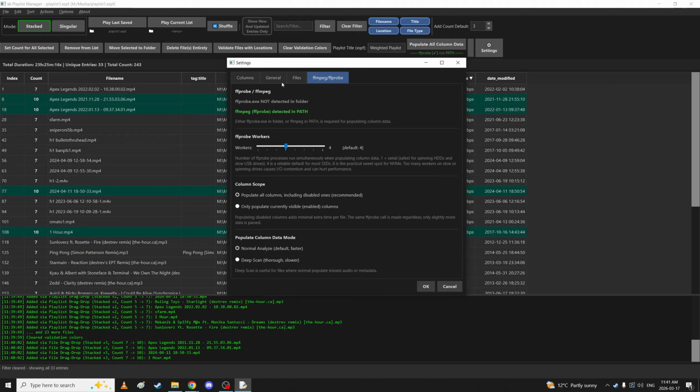These are just the FFmpeg and FFprobe checks. FFprobe is part of FFmpeg if you're confused, but you don't need FFmpeg to run everything that the program needs. You only need the exe if you're on Windows. A little confusing, but if you have FFmpeg in Path, which I think most people probably do, then you'll be fine. The amount of FFprobe workers,